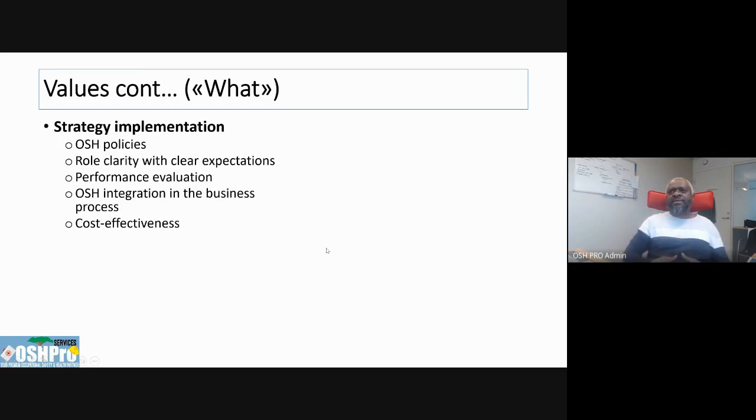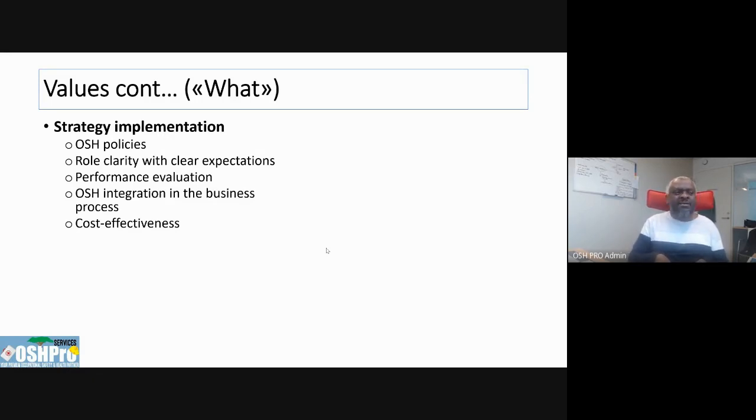In strategy implementation, there should be OSH policies, and these should be implemented. So there should be strategies for how these policies should be put in place. There should be role clarity with clear expectations. Who has to do what and when? Who is responsible for what? Who is responsible for doing this at what time? And